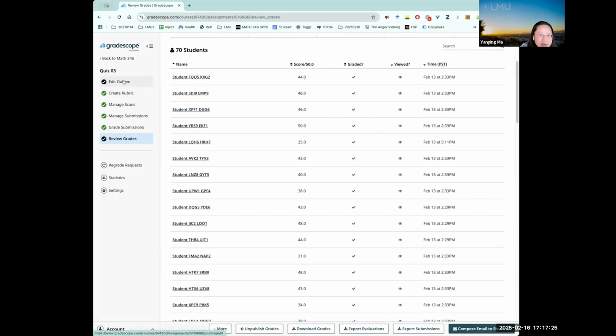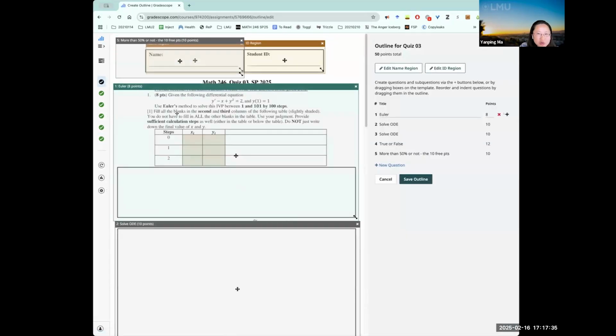I enabled anonymous grading, and I think that's one beauty about this. When you grade the work, you don't really know which student you are grading for, so it makes sure you are not biased towards any students. I know we don't, but there's a tendency, and you can't be 100% sure, you can't really control yourself every time.